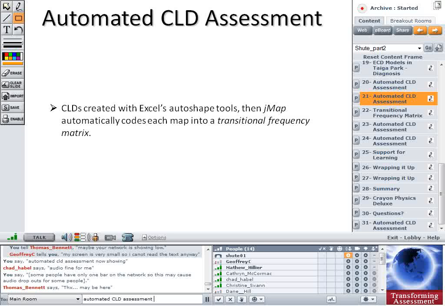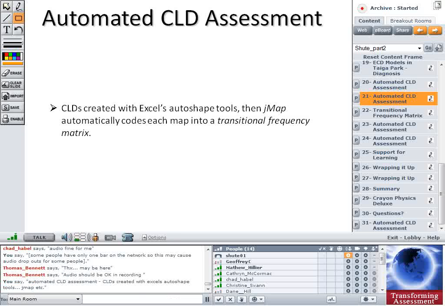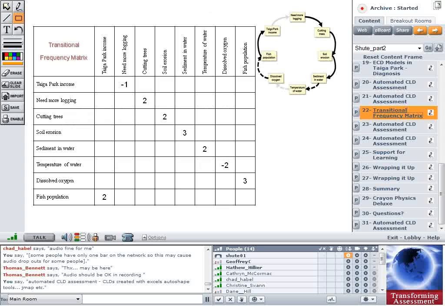I think what you're seeing should be the idea that causal loop diagrams that are created with this JMAP tool, it takes each picture that a person generates and then translates it into a transitional frequency matrix, which should be shown on the next screen. So if you can advance it, and I think in theory there should be a transitional frequency matrix. So for any given